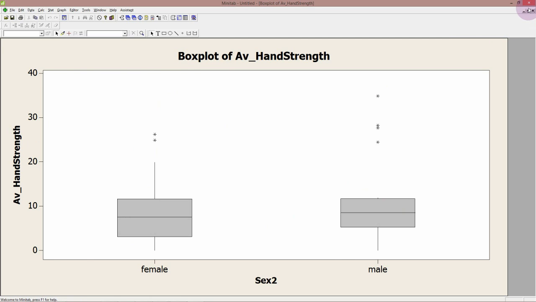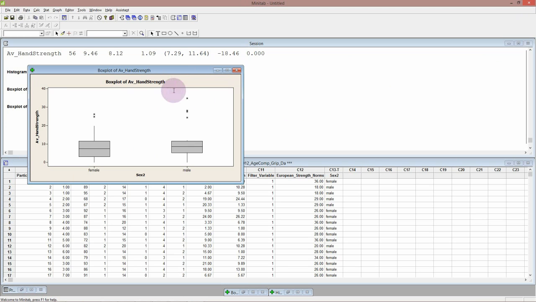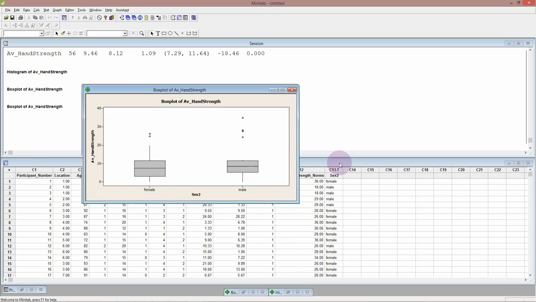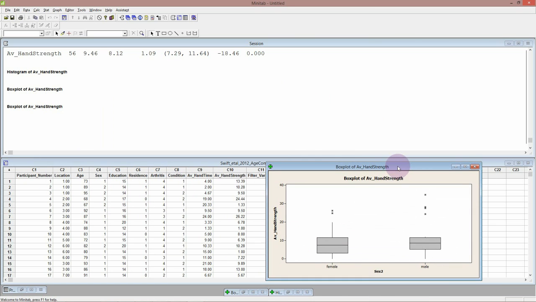So the null hypothesis that we're looking at is that there is no difference in hand grip strength between females and males in this cohort of people, which are people aged 65 or over in the UK aged care centres. I can't remember, you'll have to look at the paper. So for this particular population. So stat,